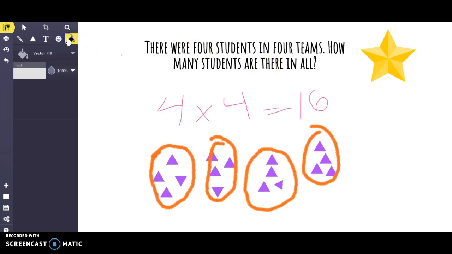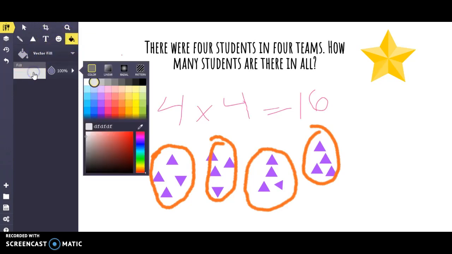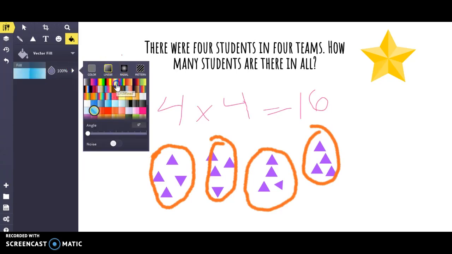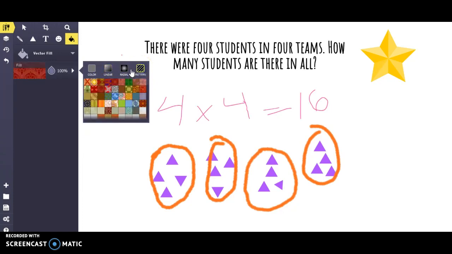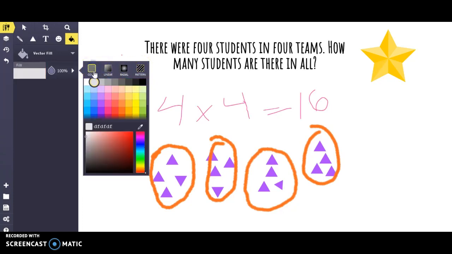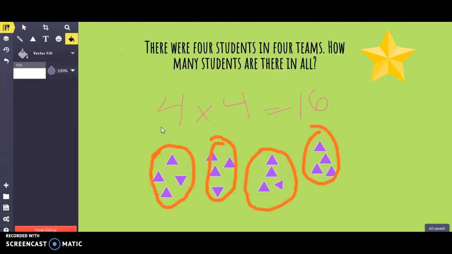Okay, and here our last box is just basically the background fill. So you can choose anything from linear lines to a different shape, a radial shape, or a pattern. I'm going to keep it simple again and just go with the color and give it a green background. And click in the background, and there you have it. So hopefully you learned a few tips and tricks and maybe come up with some more ideas for Sketchpad in